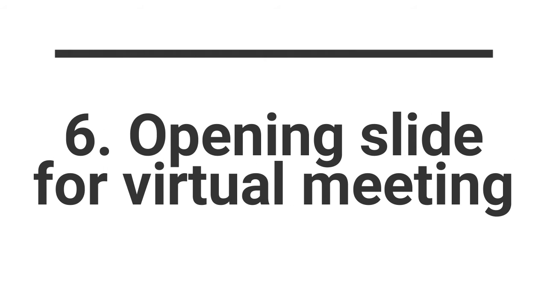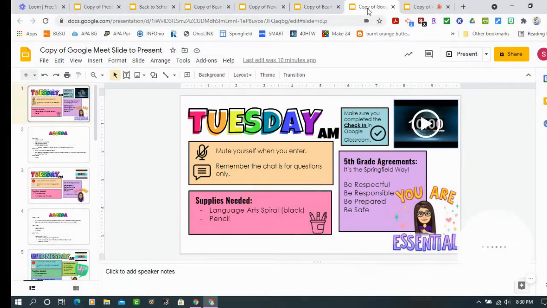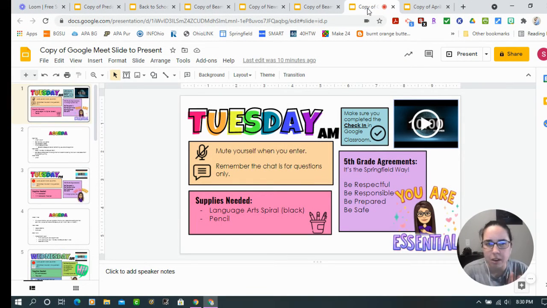Number 6 goes with it, but when we were doing Google Meet, I would start the meeting about 5 to 10 minutes before, and I would put myself on mute and just display this. Students, as they're popping into the meeting, would see: mute myself, remember chats for questions, and what supplies they would need. This